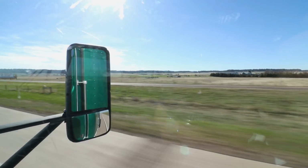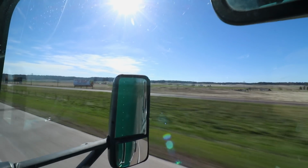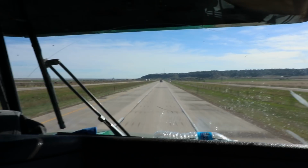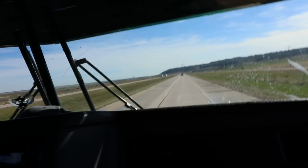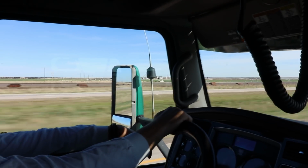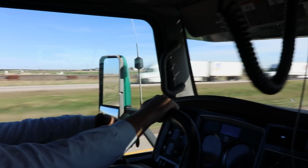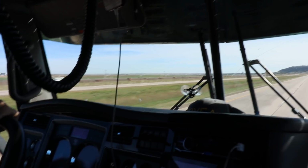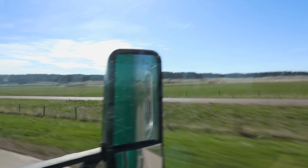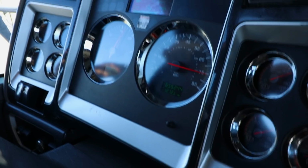Check it out there. That's all it is. The whole of Wyoming's like this. They've got a couple of Walmarts. But yeah, completely boring state. Well, maybe some people like it, but